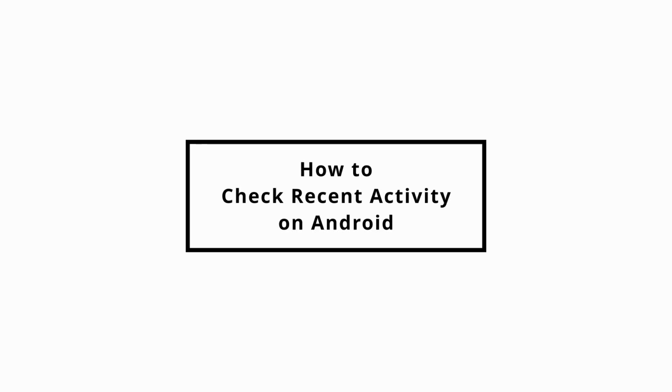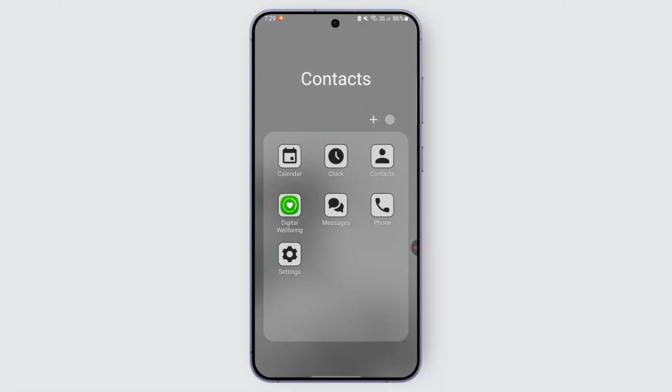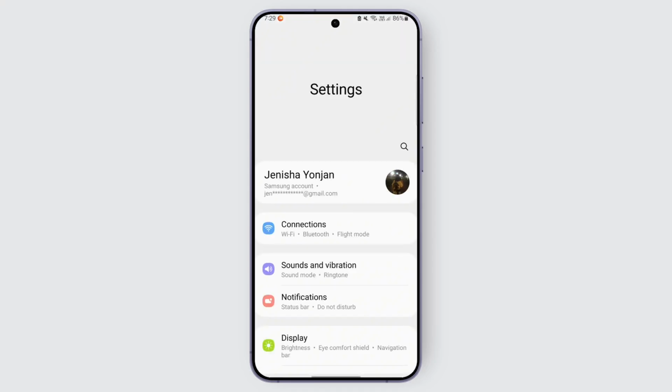You can check your recent activity on your Android phone by following these steps. So let's just get started. Head over and open up your phone's settings. And once you open up your device's settings, what you can do is go over and check your